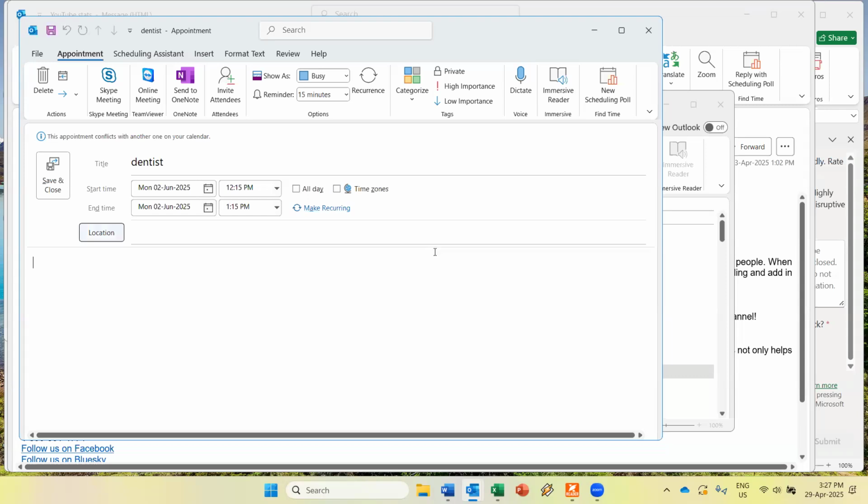So, Location button. Okay, there's a location. You can hit the spacebar on that and it'll get you to a search box, and you can search for a location if you need to. Location edit multi-line. But this is the real interesting one. So if you're putting an appointment in your calendar and you've managed to figure out which calendar will sync with your phone, if you put a Zoom link in this field here, the location field, it will translate to your